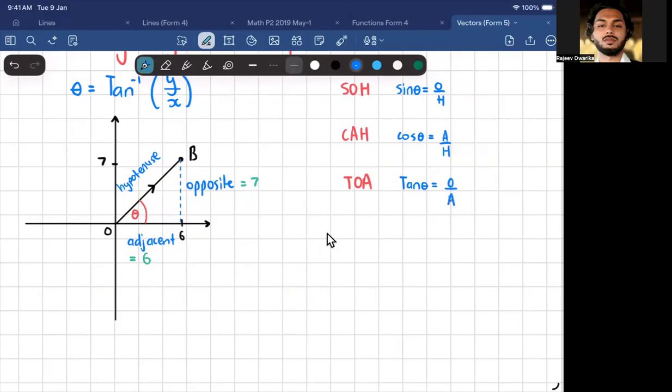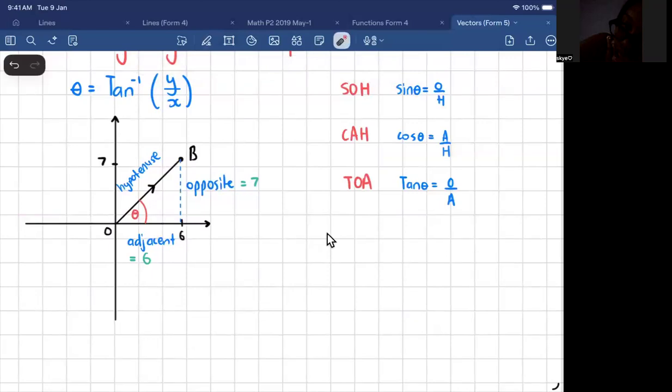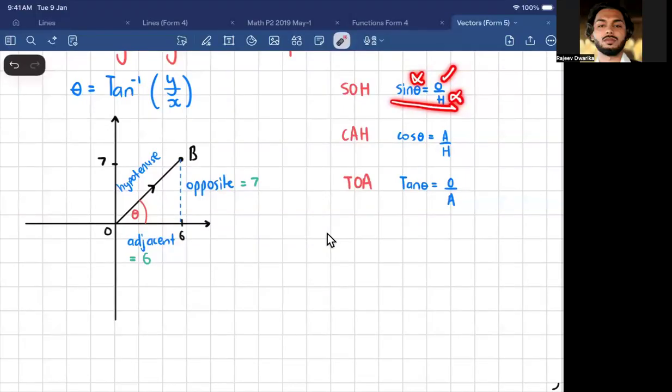Now, in any equation in maths, you want to end up with one unknown. When we have one unknown, we can solve for it. So if I were to use sine, I don't know what the angle is. I do know what the opposite is, but I don't know what the hypotenuse is. How many unknowns do I have there? Two. One is enough. Two is no good. Great, I'm going to move on. If you decided to use cos,